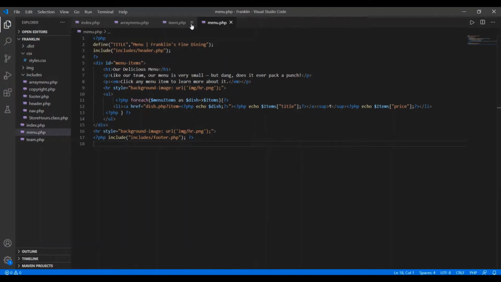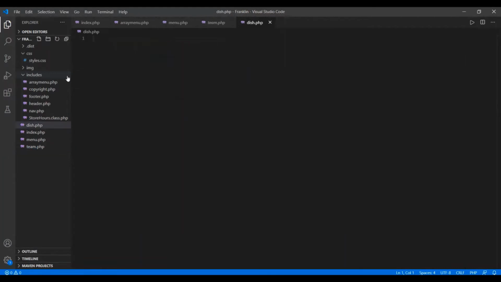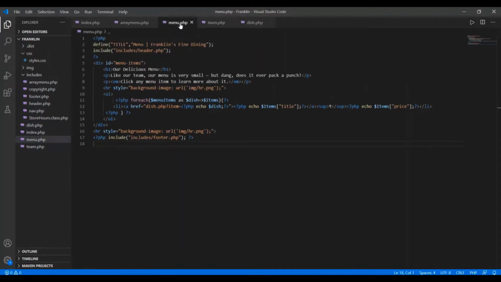So what I'm going to do in this video is create one more file in the root, that is dish.php, as I have given the reference of the dish.php file in my previous file, menu.php. If you see it here, the same file we have to create right now, dish.php. In this we have to pass arguments to find out the parameters, and according to that parameter we have to display the information regarding that string value.